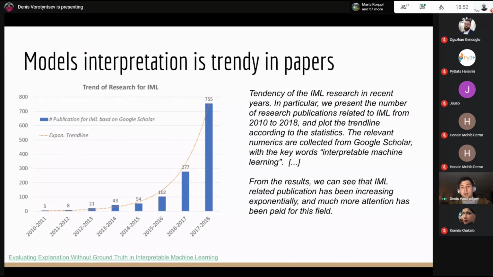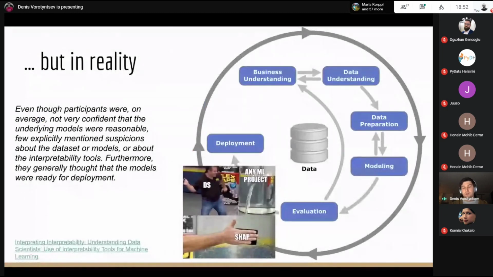But personally, I feel there is a gap between what researchers can show us and write about, and the actual data scientists who are creating these models and pushing them into production. For me, the place of interpretation is somewhere between the evaluation stage and the deployment stage of the machine learning pipeline.